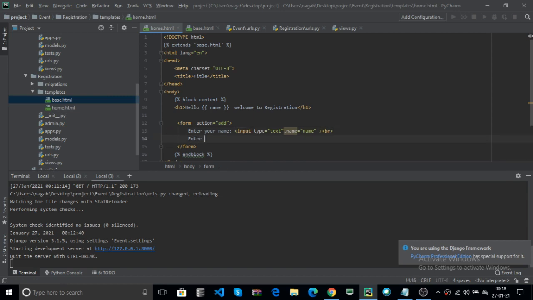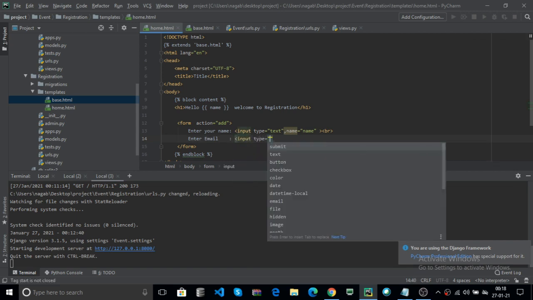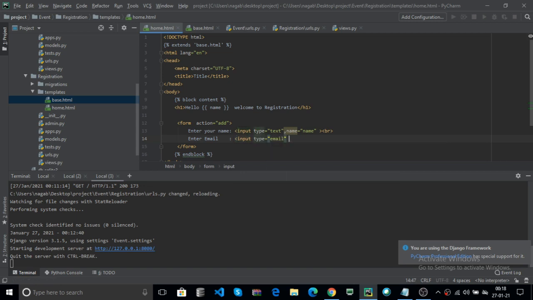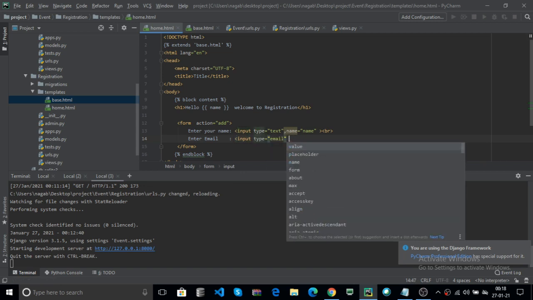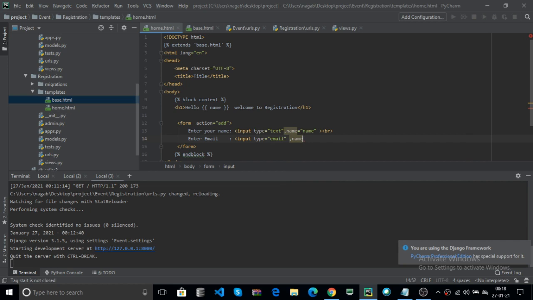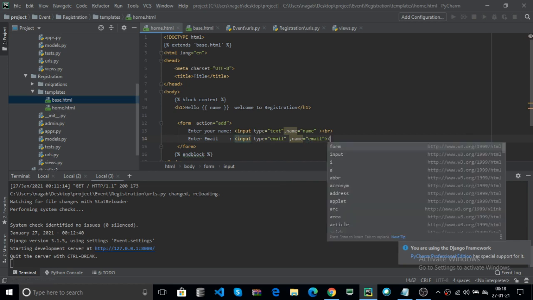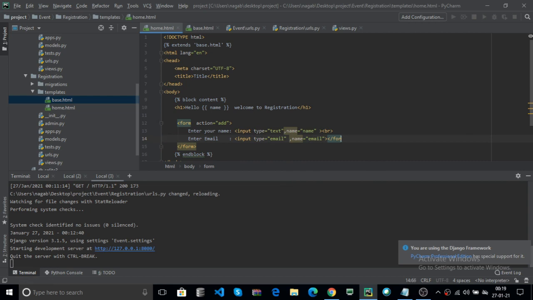Now enter email here, use the colon, input type equal to email and name equal to, for example, email. Now use the BR.